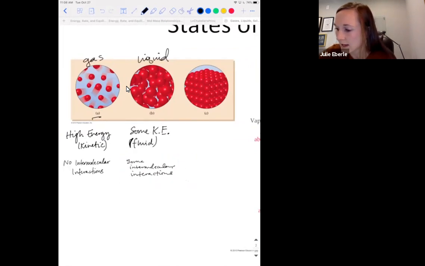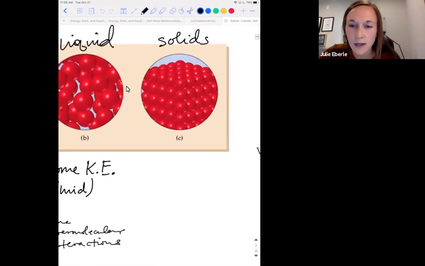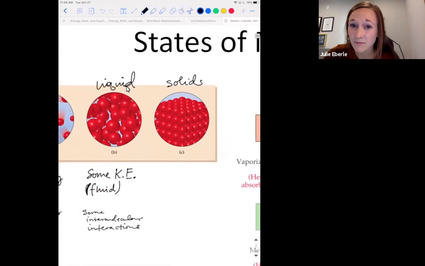And then obviously this last one is the solid state. And you can see, if we zoom in on this, these red spheres, by the way, obviously represent molecules or atoms. And we can see here in the solid state, the molecules are very arranged, okay? That's why we say they're the most ordered and gases are the least ordered. Gases have a lot of disorder, entropy. You guys remember that from chapter 7. So they're very arranged and structured, which means, are they moving around? They're held in place, right? So do they have a lot of energy? No.